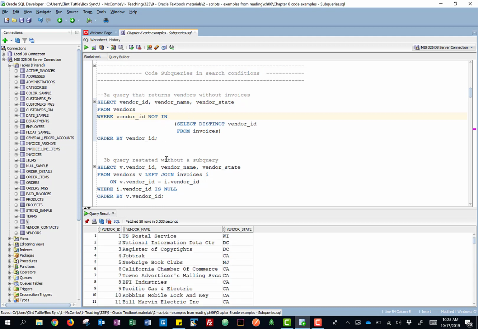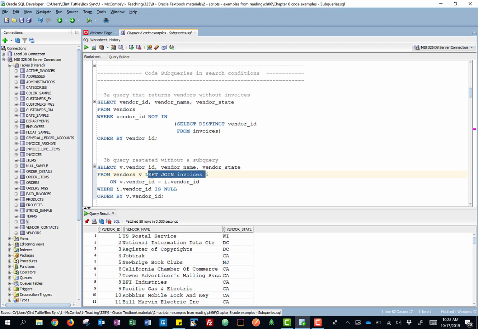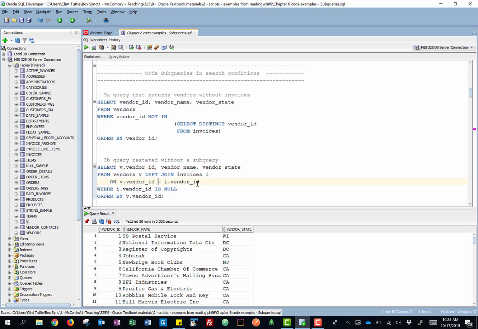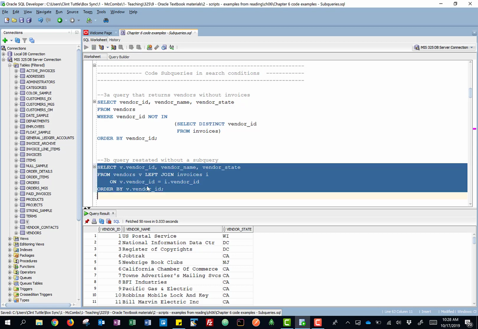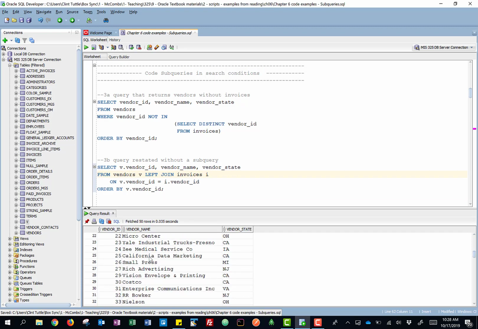Now, you may be thinking, if you look at this next query, hey, we already know how to do this using a left join. We can say, give me all of the vendors and their associated invoice, even if they don't have an invoice, I want you to pull it. And we could run that. But then we could say where the vendor ID on the invoice side is null. And if you remember, in a left join, it's going to pull all the vendors regardless